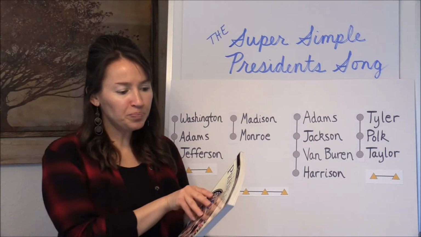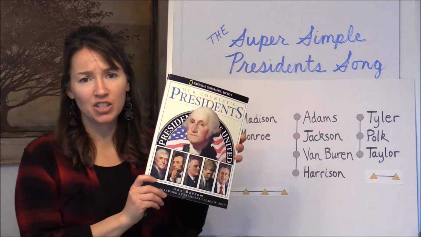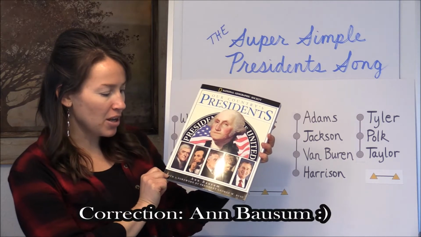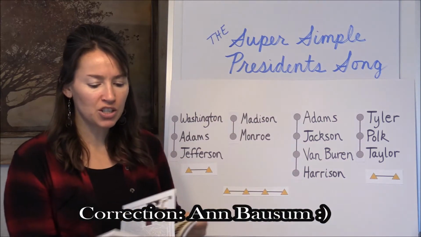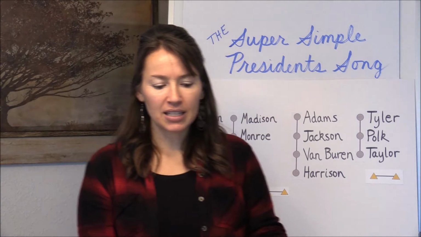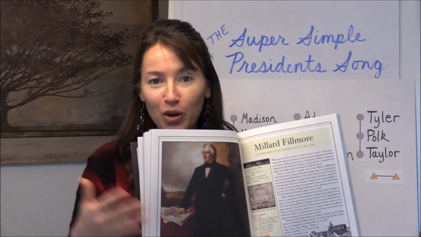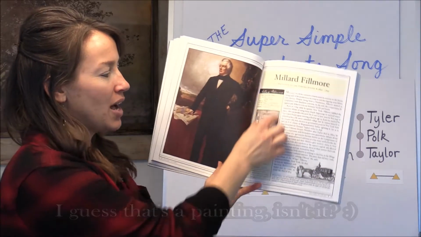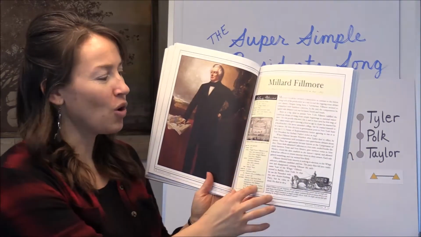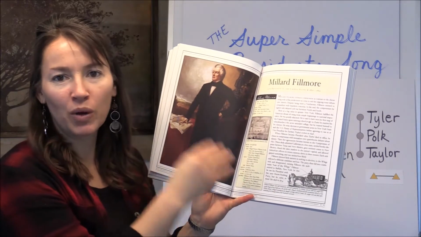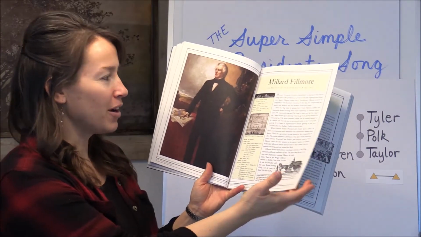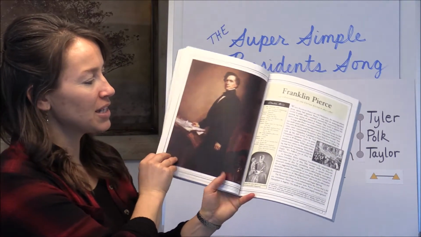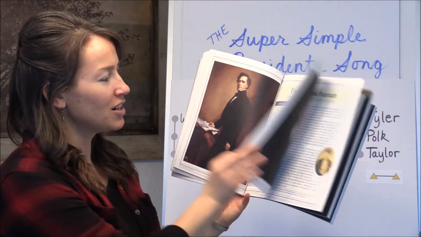This one is updated, I think, each time we have a new president elected. It's Our Country's Presidents by Ann Bossman, and she goes through each of the presidents and has a nice photo to help us know what they looked like, and also has kind of an overall picture, a timeline: when were they in office, who were they married to, that sort of thing. And then she has different information about them. Some presidents have more than others.